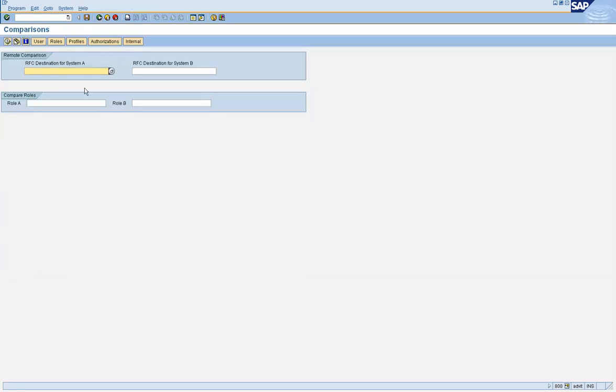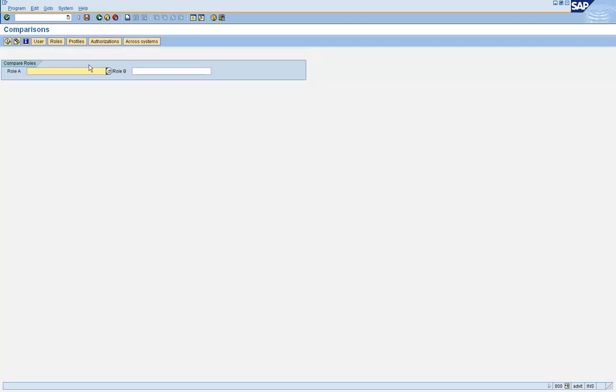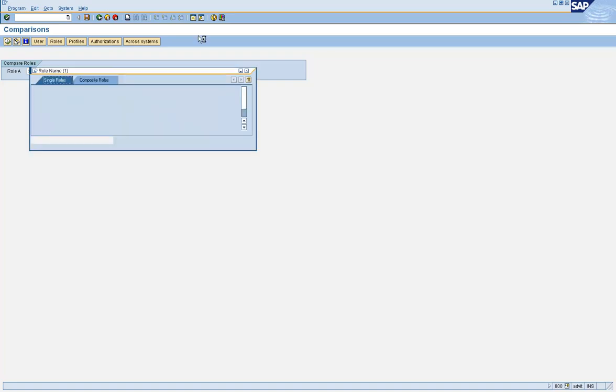You can give two roles here. Click on internal, for example. You can give two roles here. Let's take two roles and compare.